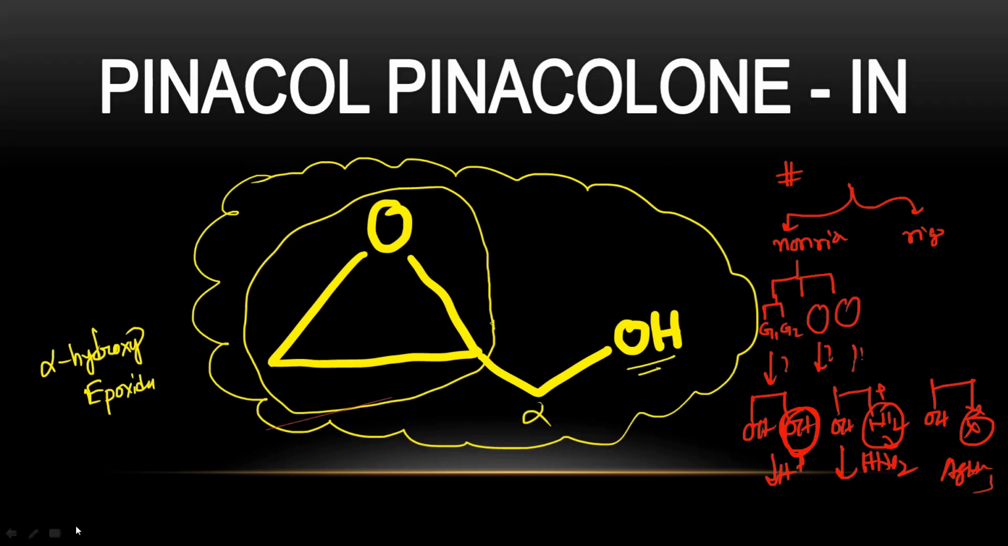Okay. So here our substrate is alpha hydroxy epoxide. Let's see what are the reagents and how this system can perform Pinacolone rearrangement. The basic requirement for a Pinacolone rearrangement is that there is one OH group and in the adjacent position there should be one carbocation. Now this alpha hydroxy epoxide compound,